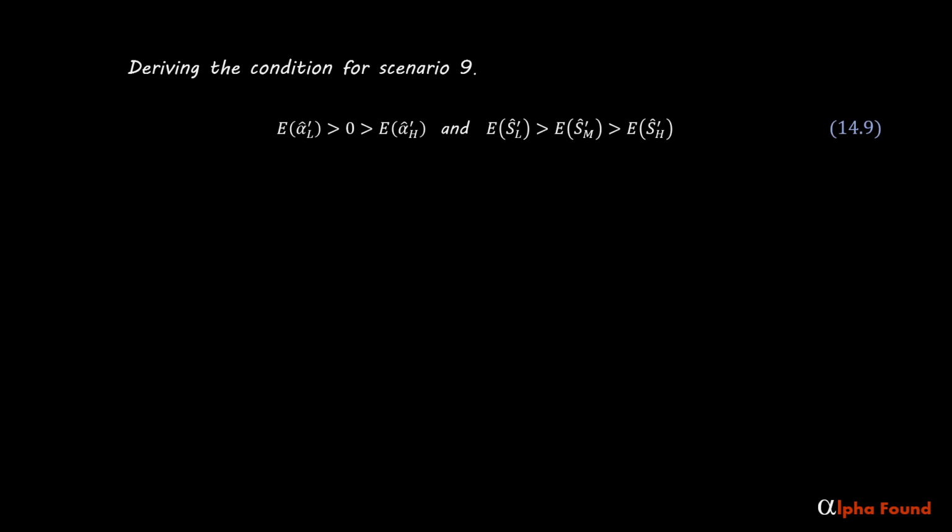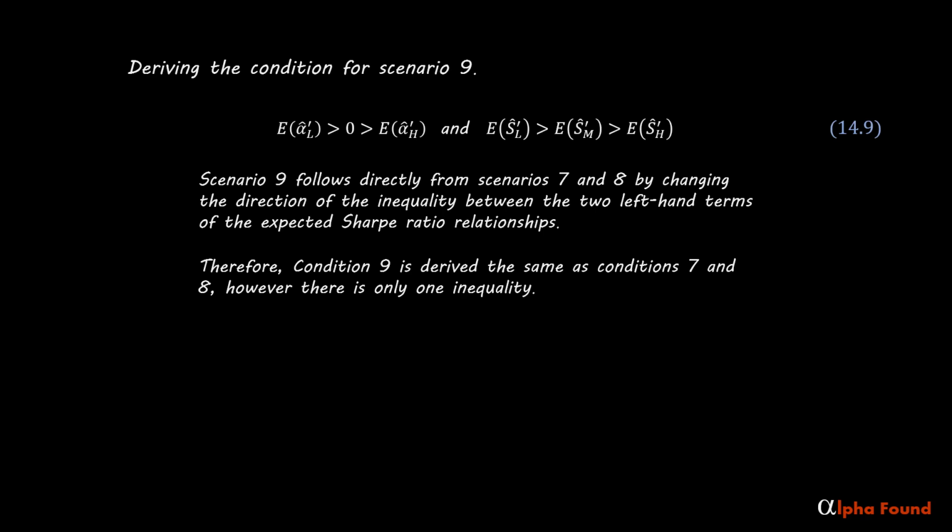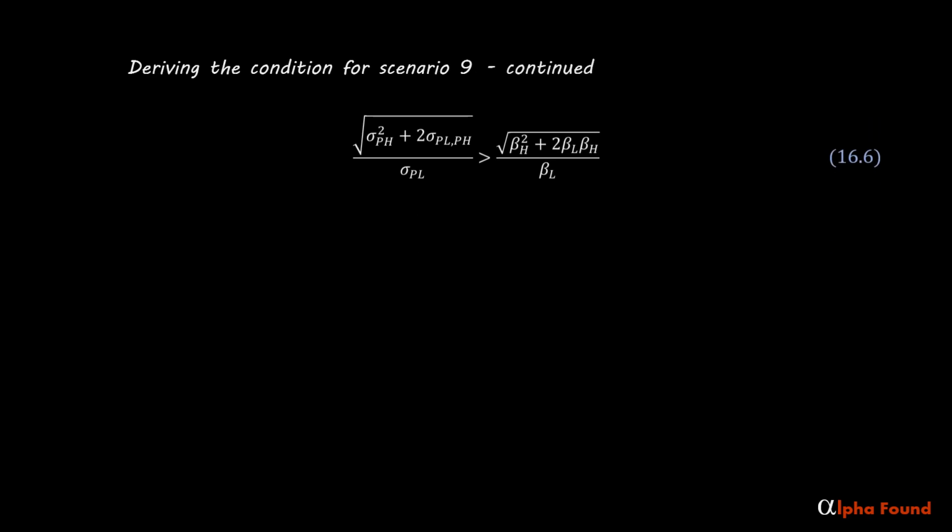Finally, let's look at scenario 9. Scenario 9 follows directly from scenarios 7 and 8 by changing the direction of the inequality between the two left-hand terms of the expected Sharpe ratio relationships. Therefore, condition 9 is derived the same as conditions 7 and 8. However, there is only one inequality. Assuming the covariance between the perturbations is 0, then